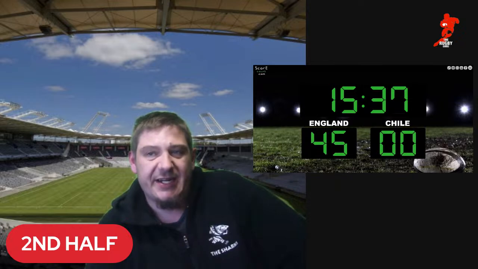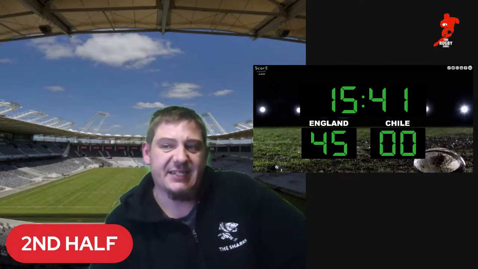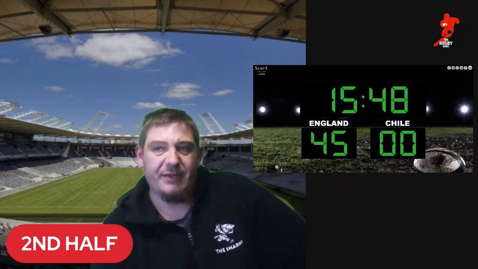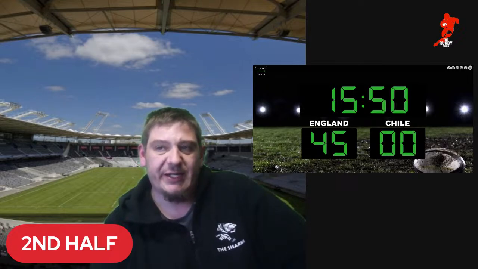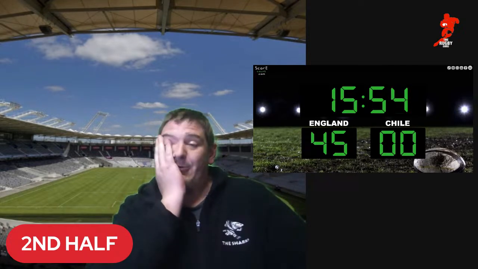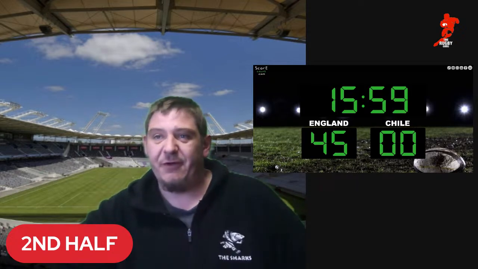Scoreboard has slowed down a little bit now. It's Fernandez with a kick. And that's not going to find touch. Finds Marcus Smith now. Oh, comes out and the referee's going to call them back here. Not quite sure what that is. Was it a forward pass from England? Yeah, forward pass. So the mistakes now crawling in here from England's side.